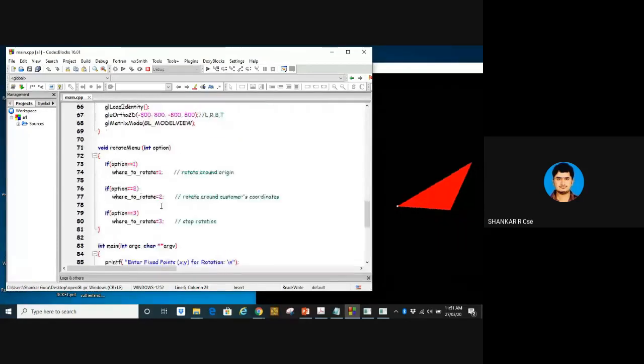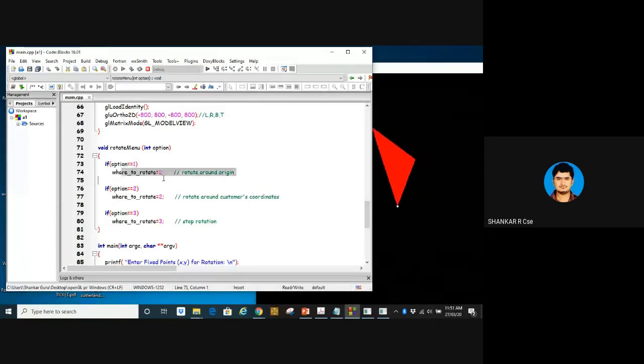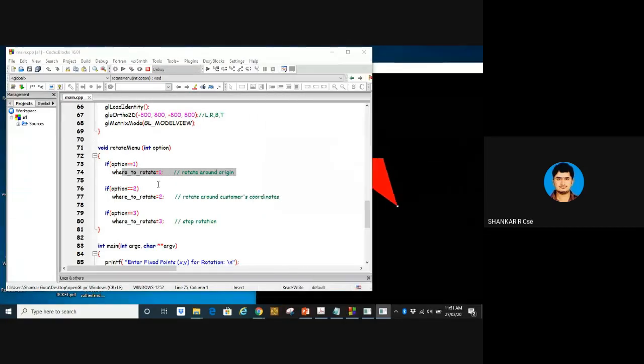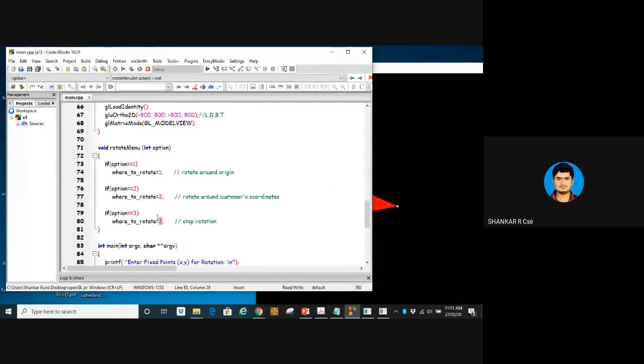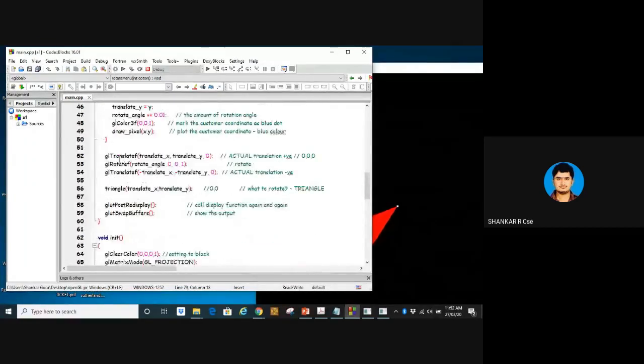From the default 0, whenever the customer chooses the first option as 1, you write your logic where to rotate is equal to 1. Whenever my customer chooses the second option, make sure your where to rotate is 2. Whenever my customer chooses the third option, make sure it is 3. Now, since I have chosen rotate around origin, the first option, and since this is post redisplay, this display function